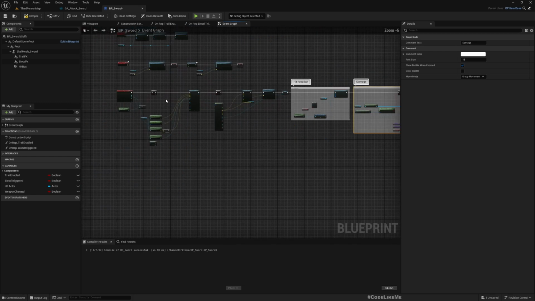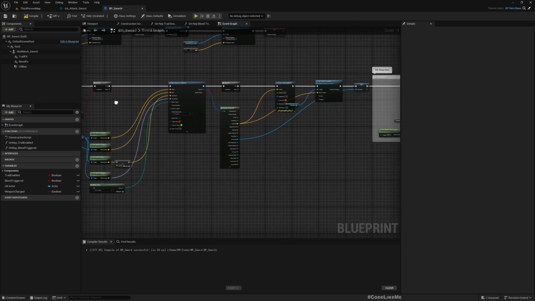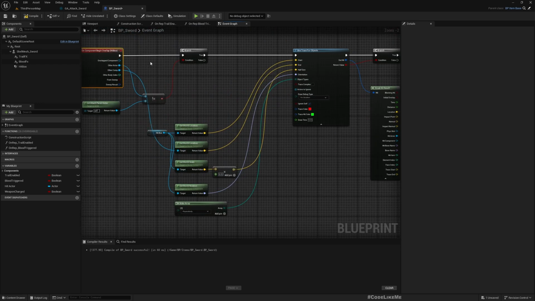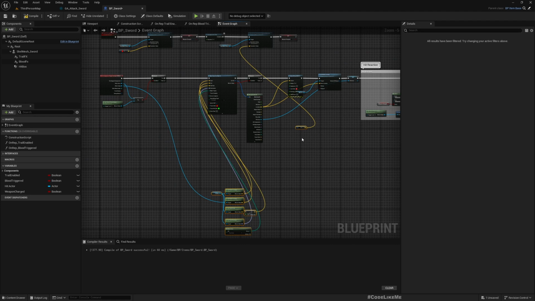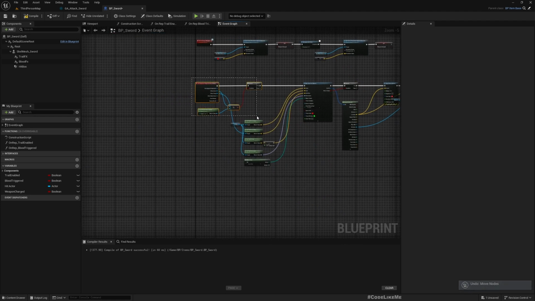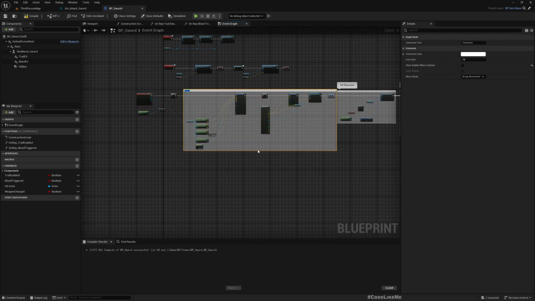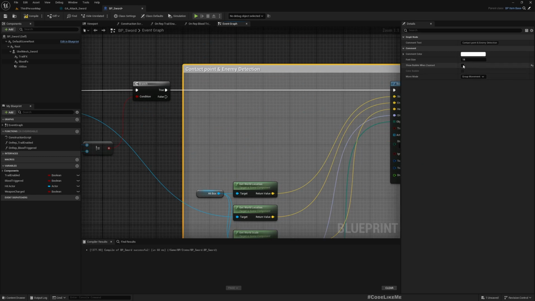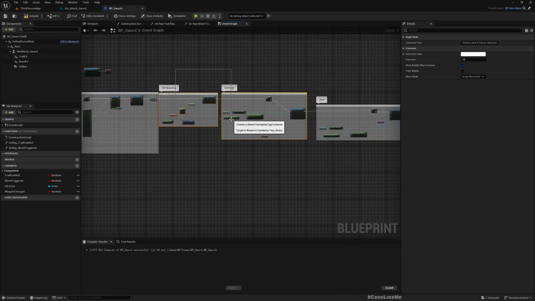And this whole part is enemy detection. Oh, sorry. Contact point and enemy detection. Okay, so this is